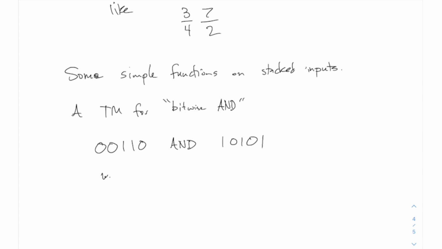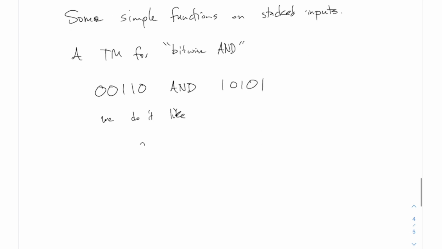If I had to do this on paper, I would write like this, stack them up. And then rather than adding them as binary numbers, which you could do, I want to do the AND operation vertically here. And so digit by digit, there's not going to be any carries, so actually you can do this from left to right if you want. You go 0 and 1, which is 0. I view 0 as a false and 1 as a true. 0 and 0 is 0. 1 and 1 is,